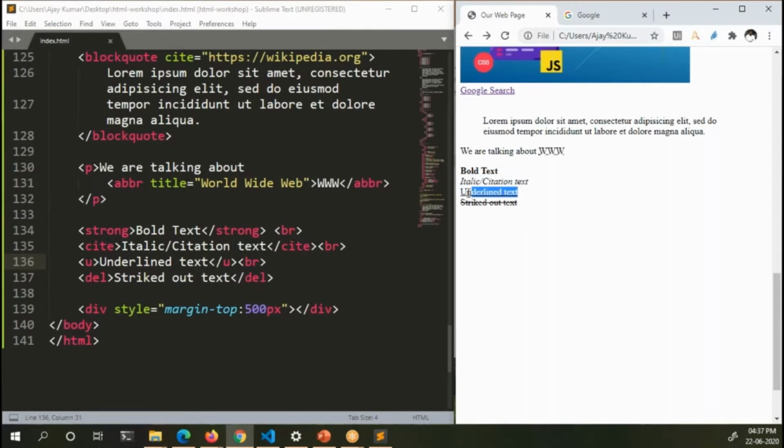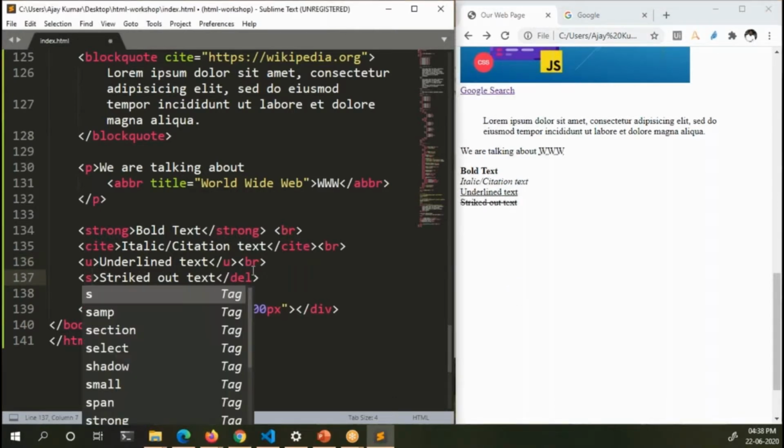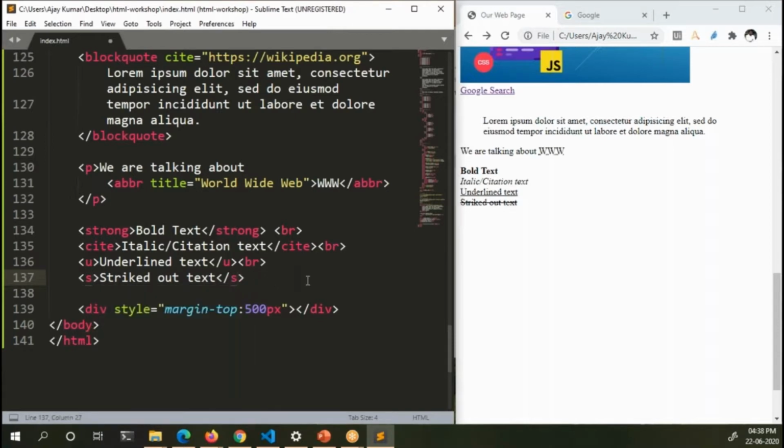The u tag will always display text with an underline, and del will always display text as struck out. Okay, you can also use an s tag instead of del for the same functionality, but del is more semantic, which means it has more meaning to it.